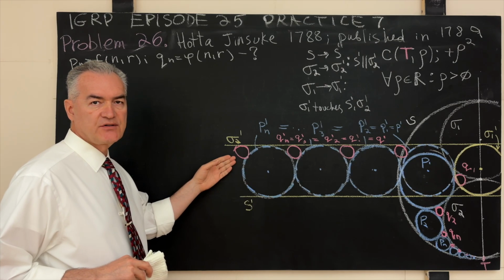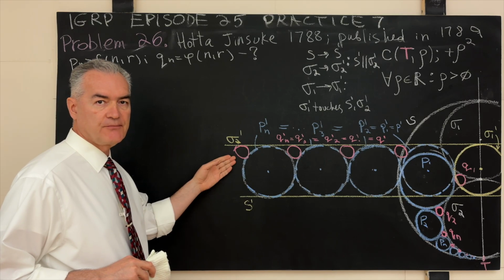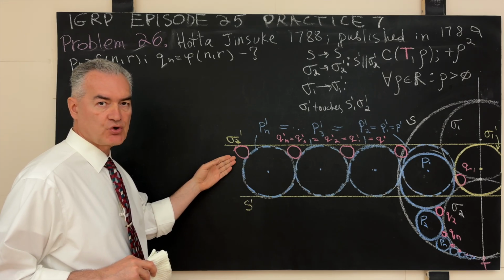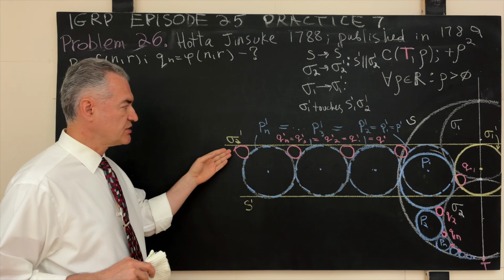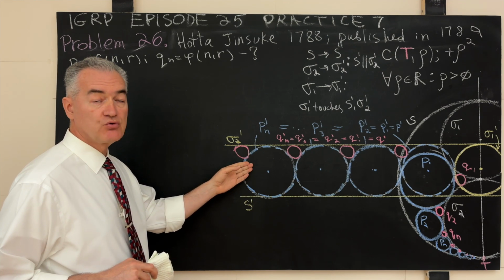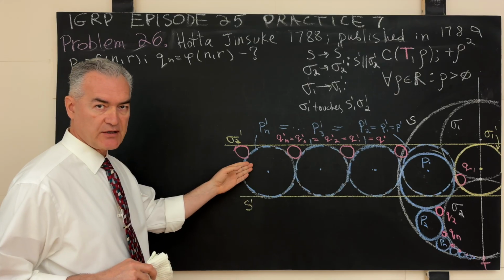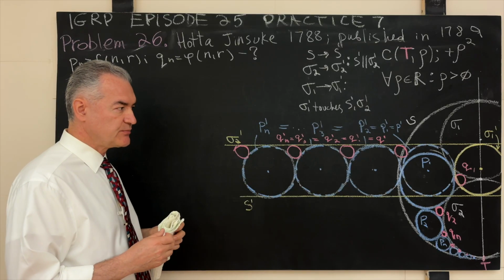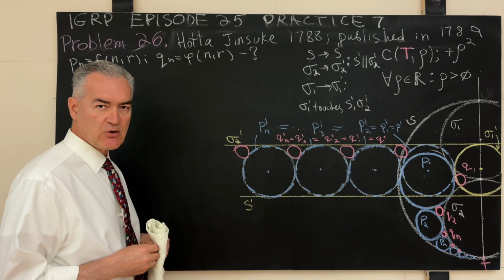Likewise, why, under the chosen inversion, will the set of the original red Q circles be reflected into a family of red Q circles primed, which touch the straight line sigma prime 2 and the blue reflected circles P prime k? Exactly. The answer to all of these questions is because inversion of the real plane with respect to a